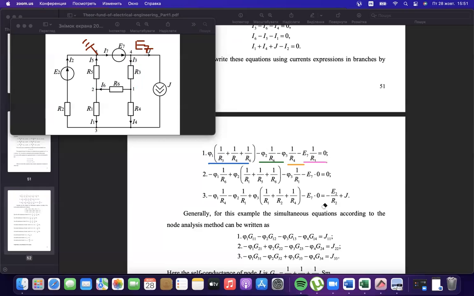For example, for point number 2, self-conductance with plus, mutual conductance is with point number 1, with point number 3, and with point number 7, if it is present, but it isn't, with point 0. Mutual conductance with 0, you could neglect this point. And the last one,